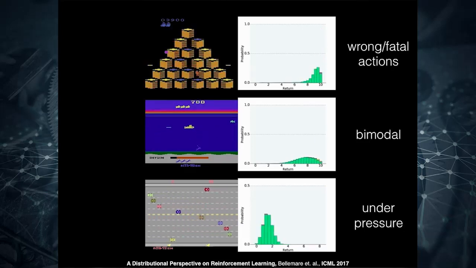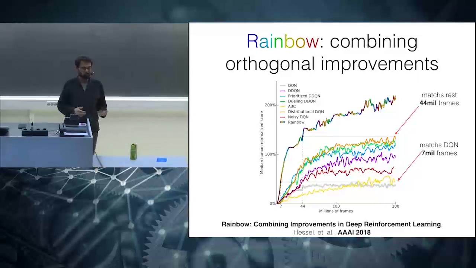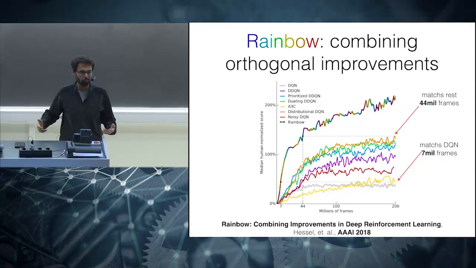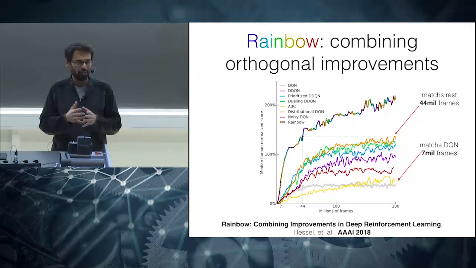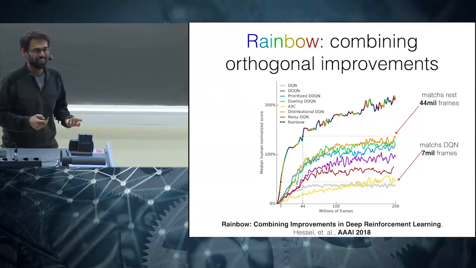So that was that. And then came a big combination of a lot of the techniques I talked about. This is essentially this Rainbow thing that you see here. It's also coming from DeepMind. They tried to see, okay, all the innovations that we've done in the past 2 years, what if we put all those together? Are they complementary? And yes, most of them are.